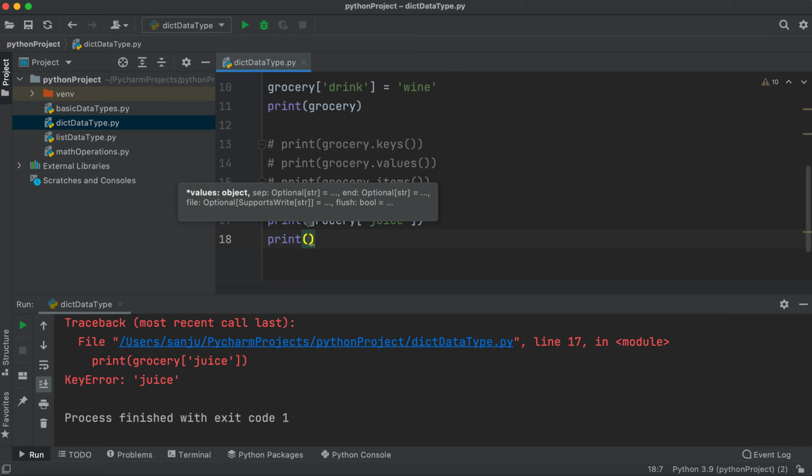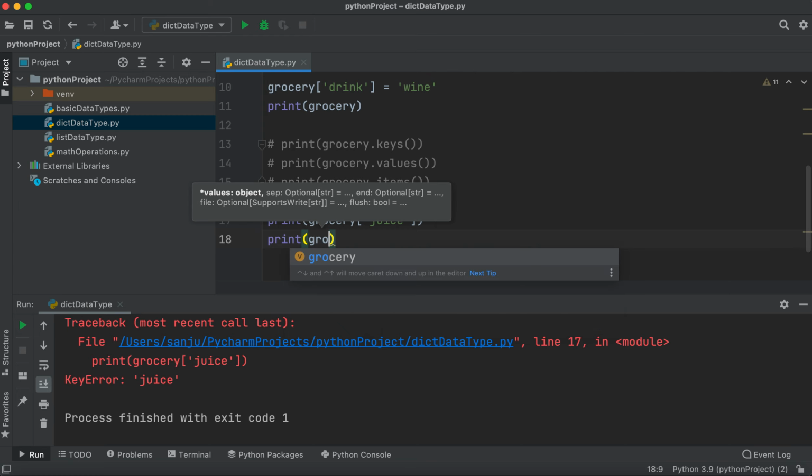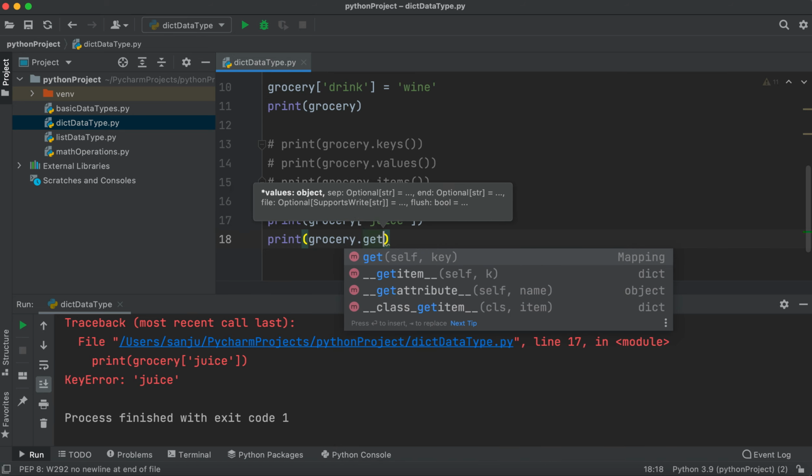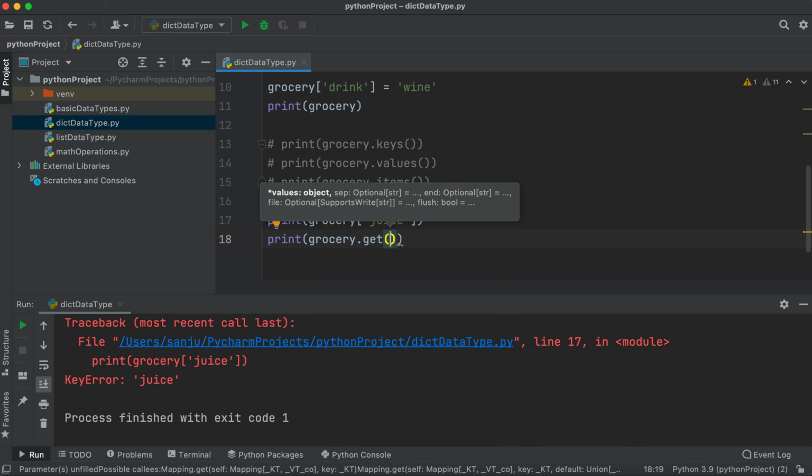And in the get method, if the key is not defined there, it's going to give you the value None. None is basically used when you don't have a value defined for any variable, so you can say it's a NoneType variable. That means there's no value defined. So for example, you run the same command on the dictionary, but in the get method you say